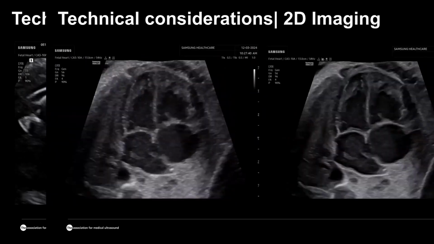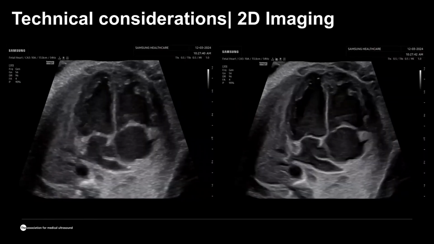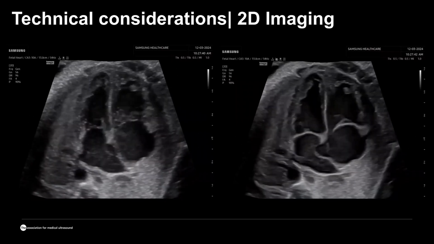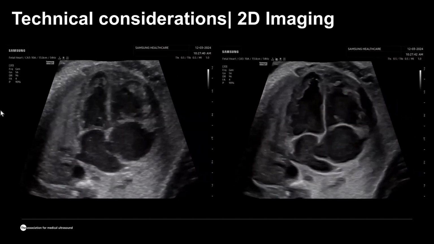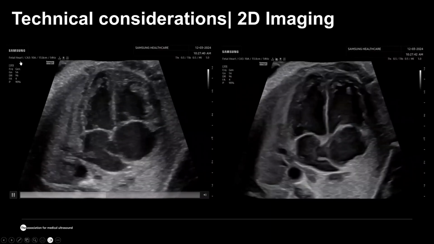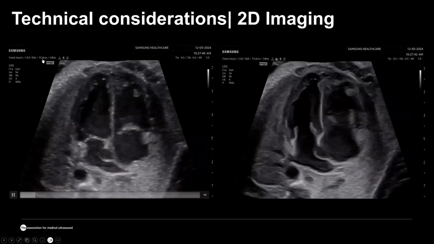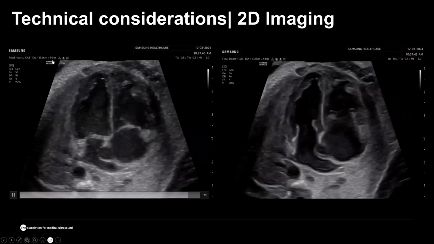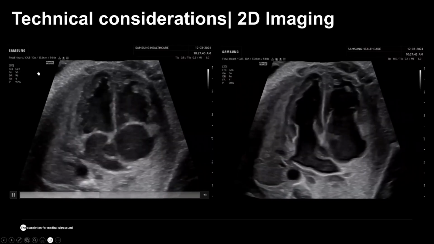But what about the other controls and the other tools that we have to improve the image and the visualization of the cardiac structures? Here there is the same picture, and you can see if you read these controls over there. This is taken using the same preset, the same probe, the same depth, the same frame rate, and all the other parameters of the 2D imaging.